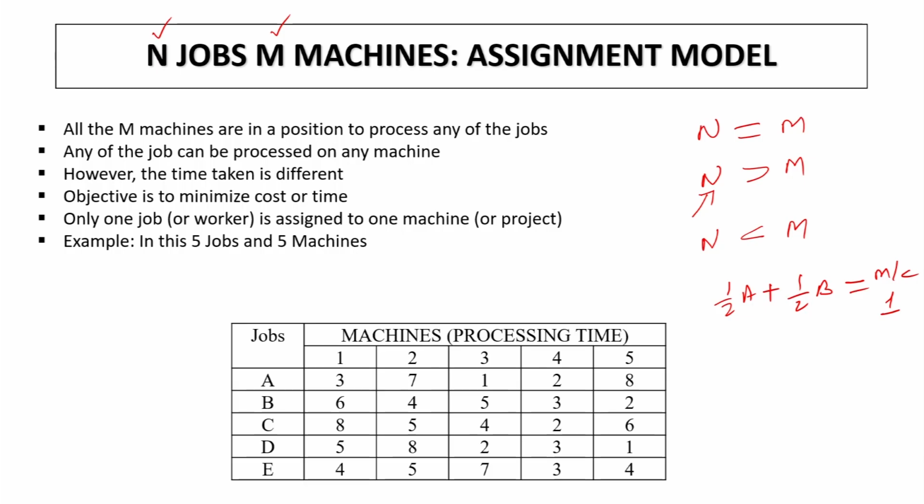As I discussed in the introduction of scheduling and sequencing, this type of situation arises at the loading stage, which is the first step in scheduling. We first load the jobs onto different machines. So, this is the loading exercise which we are doing, just like in an academic institution we load various faculty members onto different subjects, or similarly in a restaurant, waiters are assigned different tables. The effectiveness of different waiters can be different in different areas. You may have certain areas where youngsters are there, and certain areas where family members are there. So, each waiter may have a different kind of